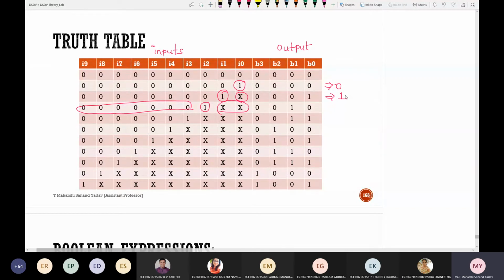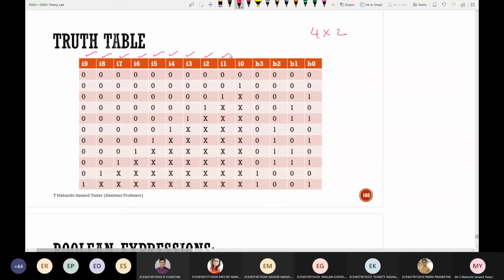Now, please do the K-map and tell me the answer. Can you do the K-map for this? Just now, for 4 cross 2, you did a 4 variable K-map. Now here, how should I do? Can you do a 10 variable K-map? So for above 5 variables, what is the concept for doing K-map? Have you heard about the term called Quine-McCluskey? Yes, sir. Using that concept you have to solve, or else directly you check for the ones.